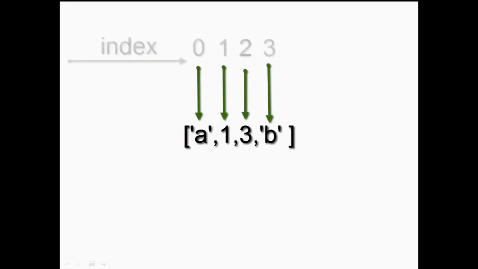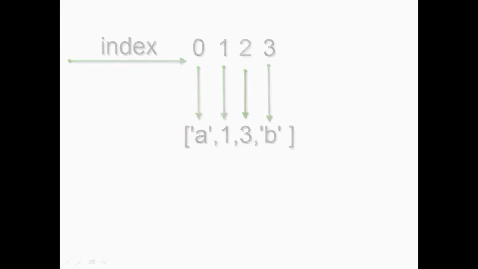The items inside the list have their own index value, which means that each item inside the list has its own position, which is denoted by some integer value. Now let us understand through a simple example of list.